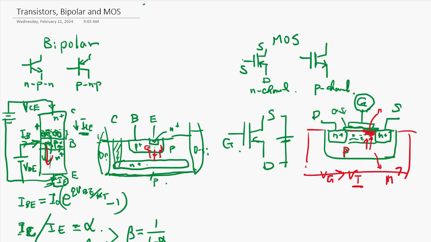Once you increase this voltage, then this inversion layer stretches out all the way and reaches across, and the N channel is created. So what happened is, there is a threshold voltage, okay, but the drain current is going to be some constant